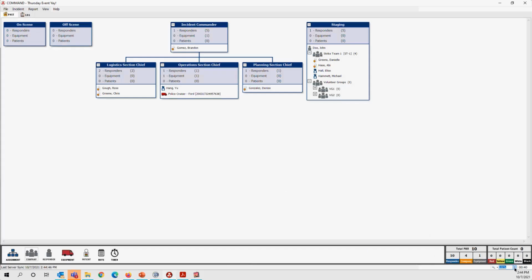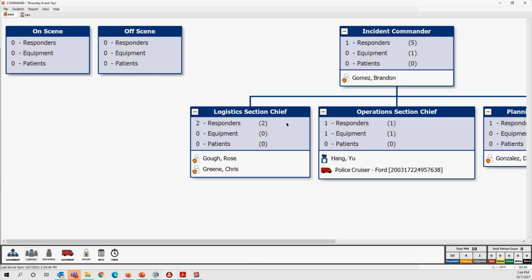All right, go back to this. This is our old event again, our event from earlier. Other things that you're able to do within Command that you aren't able to do with our other solutions, there's a couple things on here. So there is a